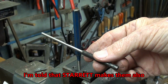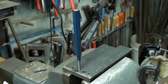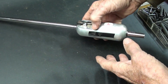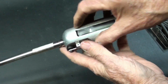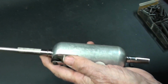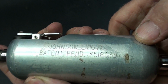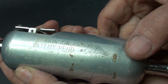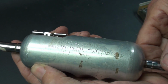Get yourself a set. I don't know how much they cost, but they wouldn't be cheap, and you won't find them at Kmart. You know what? I didn't think anyone would get this correct, but several people did. I had the answer masked off here on both sides. Remember, I only paid $1 or $2 for this, but what does it say on here? Johnson Lipovac, and there's the patent number, and I looked that up and I couldn't find anything, but this is